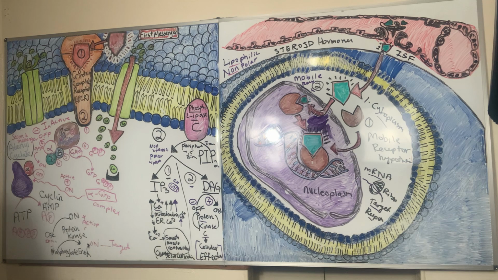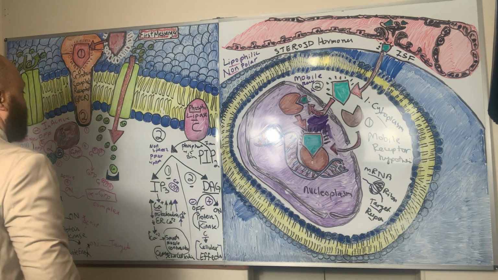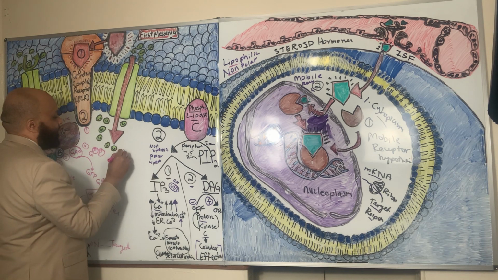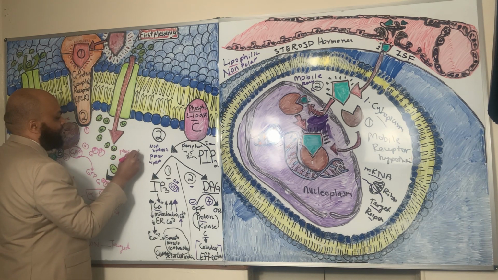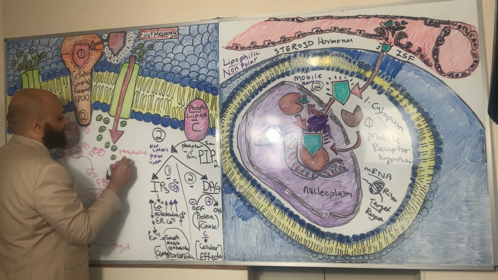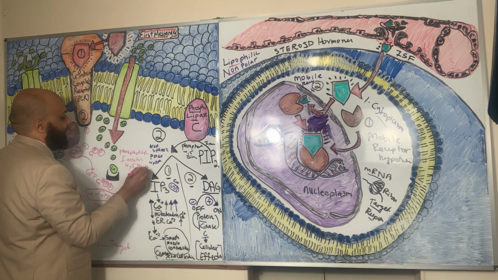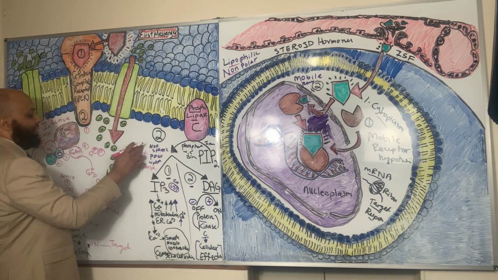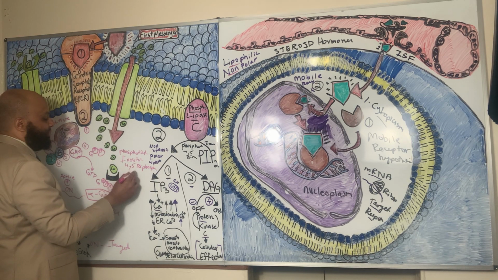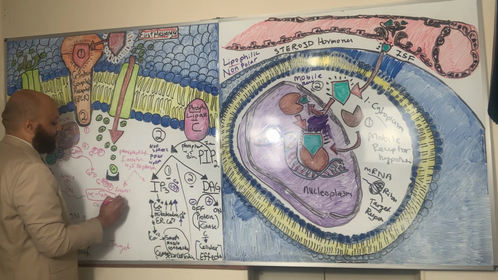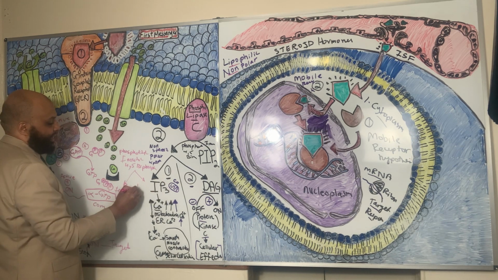PIP2 is also known as phosphatidylinositol 4,5 biphosphate. That's why there's two of them, because of the 4 position and the 5 position. That will be fragmented into 2 second messenger systems. The first one is called IP3, which is inositol triphosphate, and DAG,